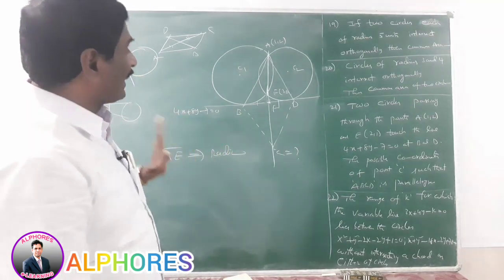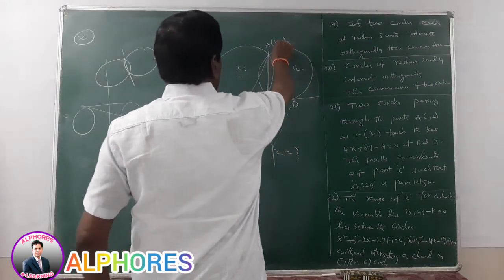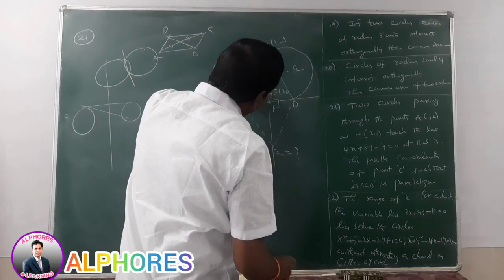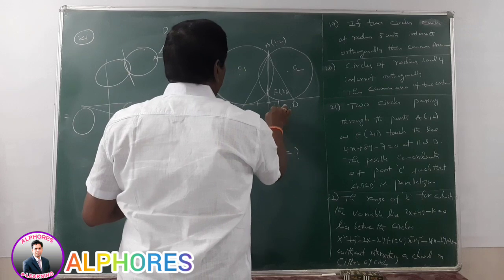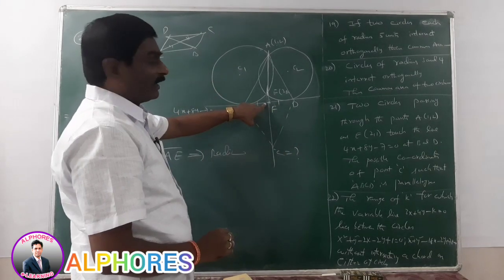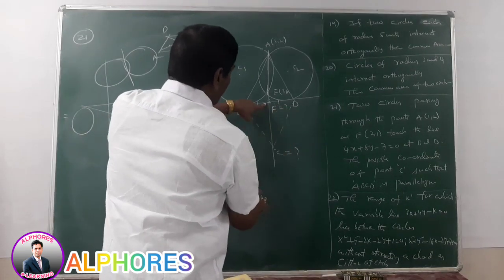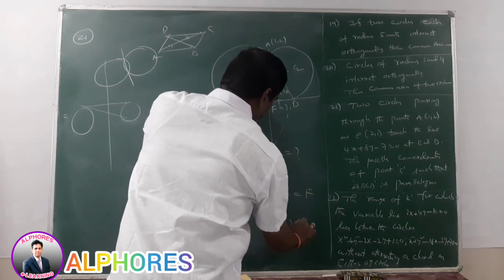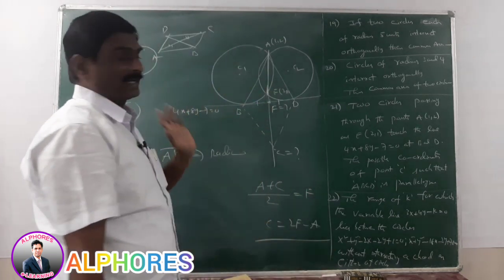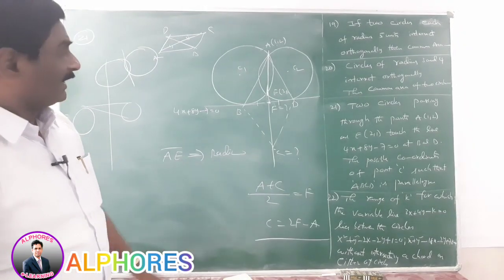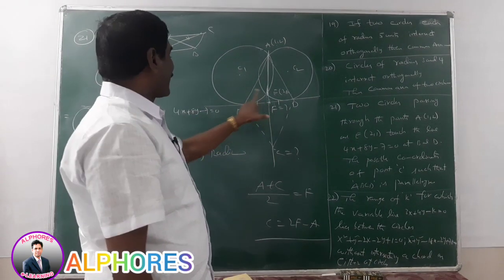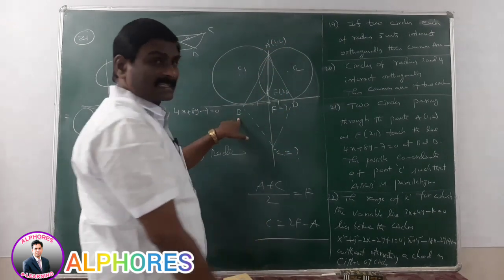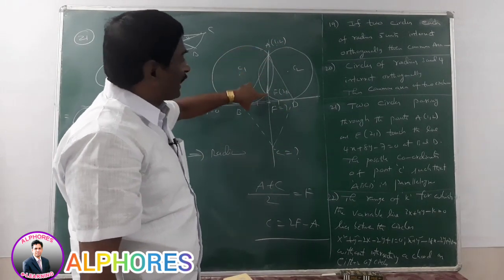Okay. Here, what is the value? A is (1, 2), E is (2, 1). Suppose we find the value of F. F is the midpoint, so (A + C)/2 is equal to F. That means C is equal to 2F minus A. How do we find F? It is nothing but the point of intersection of the diagonal BD and the radical axis. Here A and E are given values.